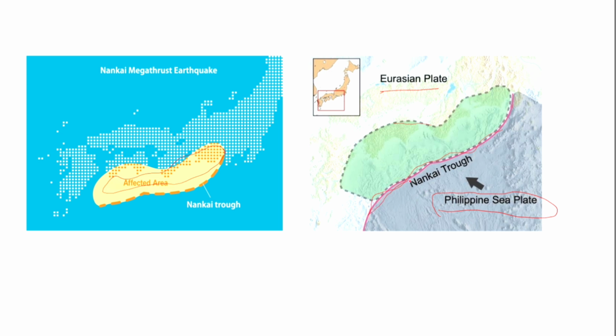Because of the collision of the Eurasian plate with the Philippine plate, there is huge stress, and because of that you can see an earthquake of magnitude more than 8